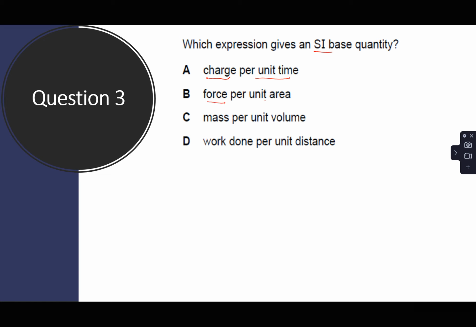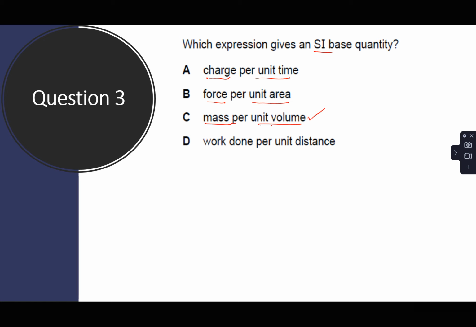This is force per unit area. Of course, force is not a base quantity, even though area can be length and length. Then we have mass per unit volume. Mass is a base quantity, and the volume is one length times another length times another length if it is 3 dimensions. Therefore, this could be the expression which gives an SI base quantity, because